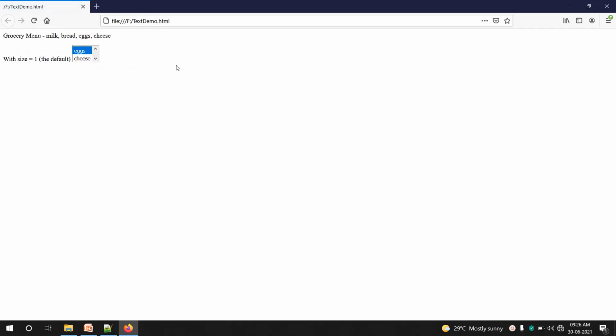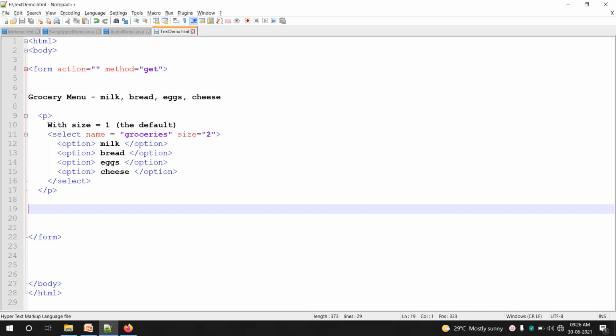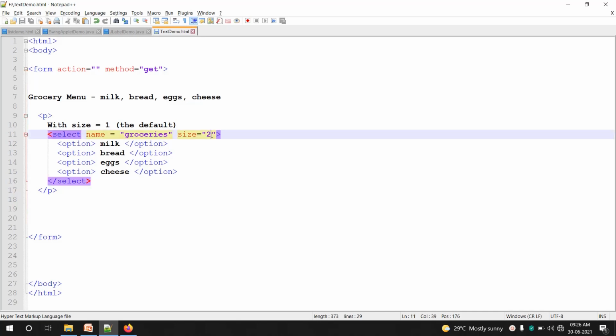You can see now 2 items are visible at a time, and again you can move up or down by using these 2 arrows. You can increase that size also. You can make it more than 2. I can make it 4. Then all the 4 items are visible at a time. So this will behave like a list here.